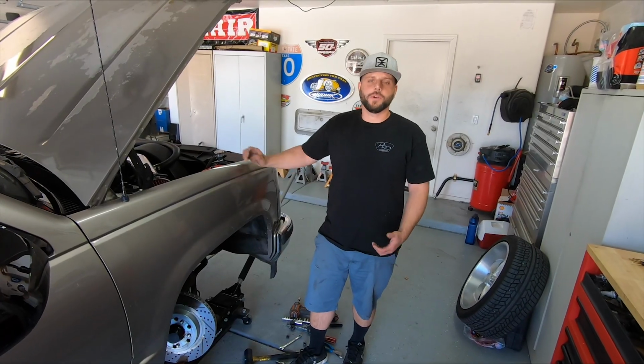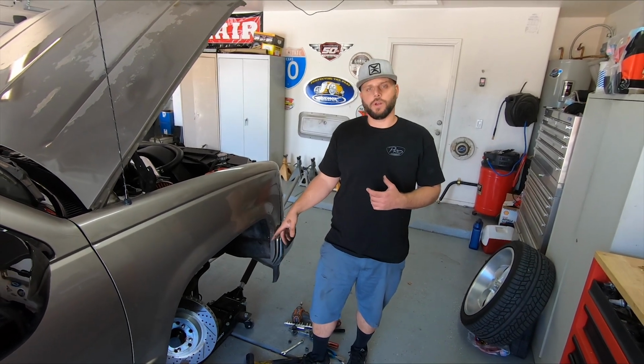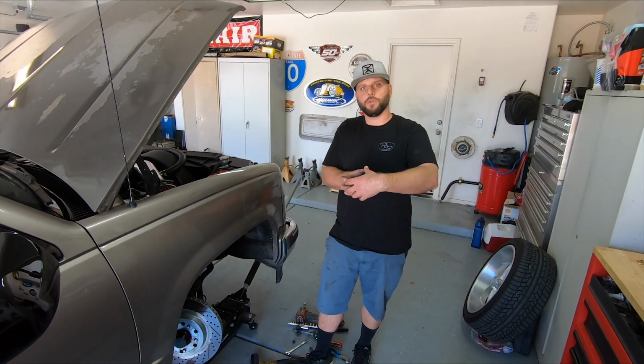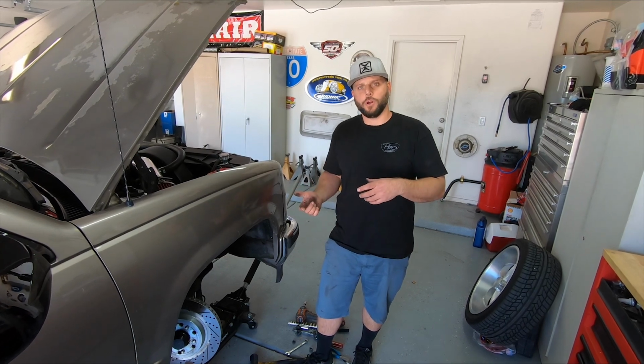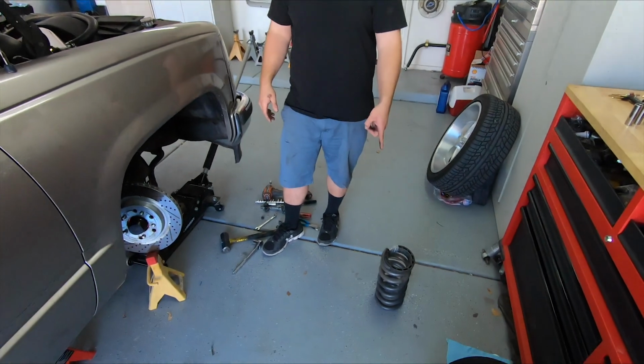All right, we got the spring out. We did that by breaking the lower ball joint, and then we broke the steering arm out of there so we can swing the spindle away and then go ahead and release the lower ball joint. That releases the lower arm, it'll swing down. We got the old spring out. Now we're gonna get the coilover out, assemble it. Comes pre-assembled, but assemble it, get it ready to go in, and then we'll show you how that goes into